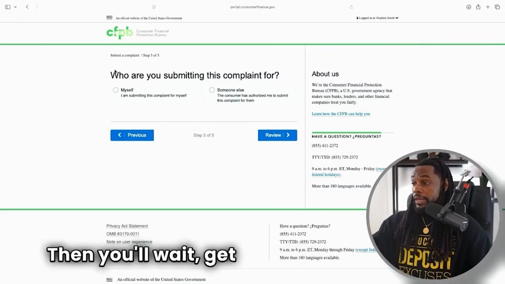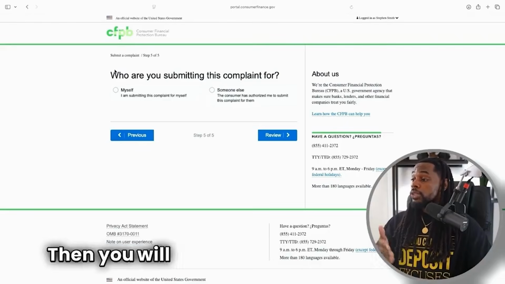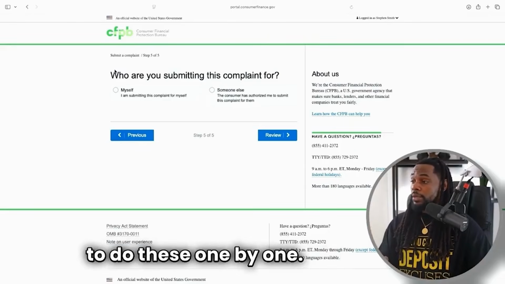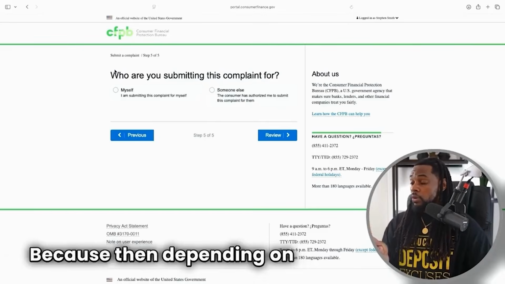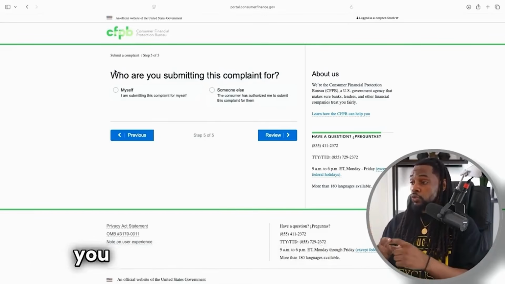Then you'll wait, get an update. Maybe some things got deleted, maybe not. Then you will send round 3. And that is where you may have to do these one by one. All right, because then depending on what's on each bureau, the information might be different and you want to make sure that you screenshot